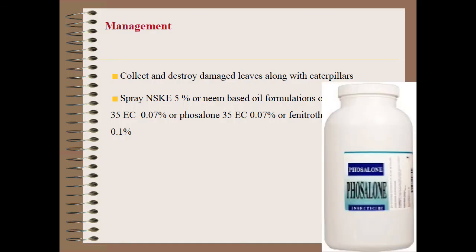The adult is a brown colored moth with a bell-shaped outline while at rest. See the picture, this is the resting stage of the adult moth. It looks just like a bell-shaped moth. What about management? Collect and destroy the affected plant parts with life stages like caterpillars and eggs, because it lays eggs in masses. So you have to destroy the egg masses and also the caterpillars, and spray NSKE 5% or neem-based oil formulations